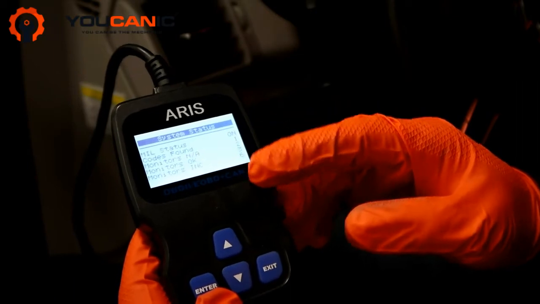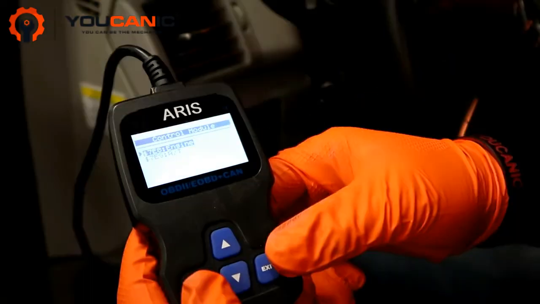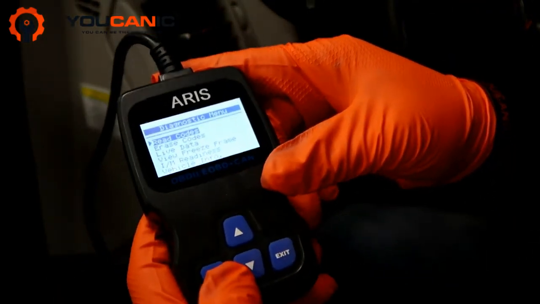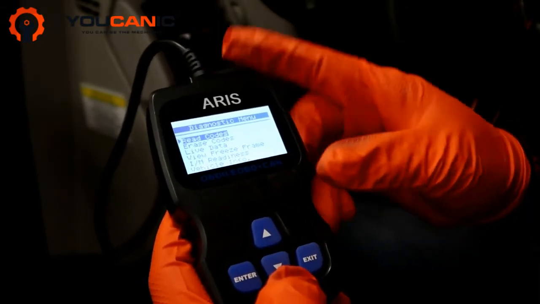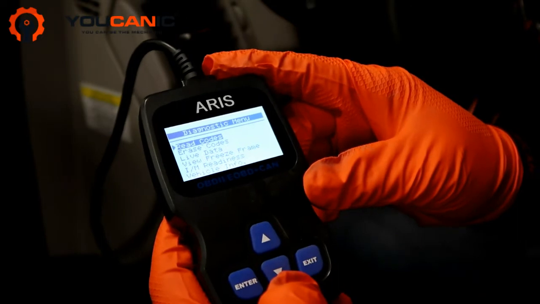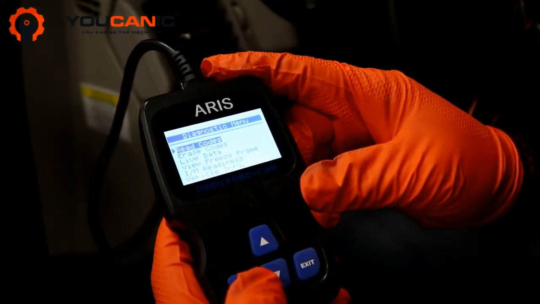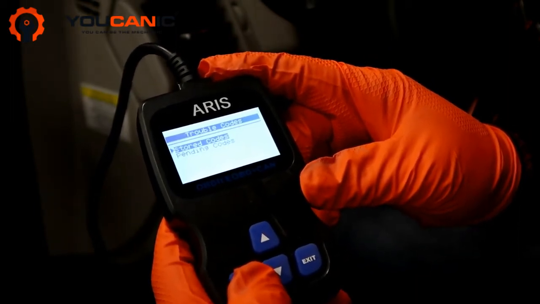We'll go over that in a minute. So codes, monitors, not applicable to this. Here we'll just select engine, and this is where we read the codes. We can clear them, but clearing them doesn't necessarily fix anything, because you first need to understand what's wrong with your car and address that issue. So we'll press enter to read codes, and then we'll read stored codes,